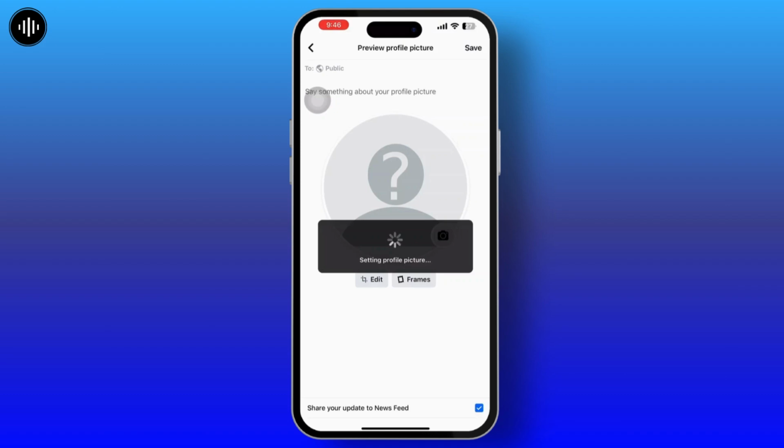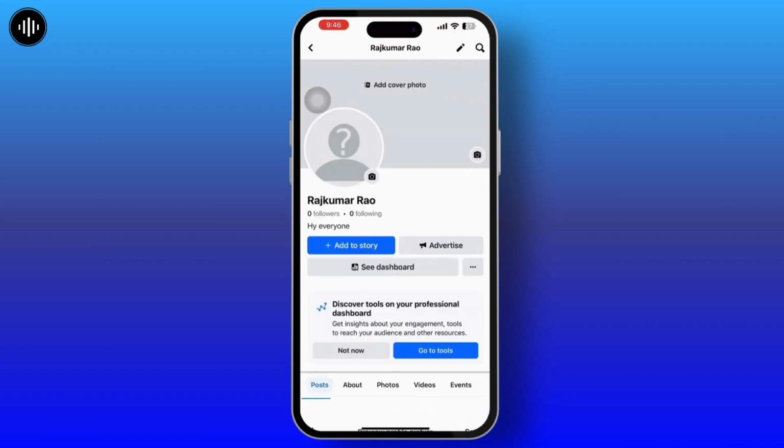So that is it. By following these steps, you can effectively set a blank profile picture on Facebook without deleting